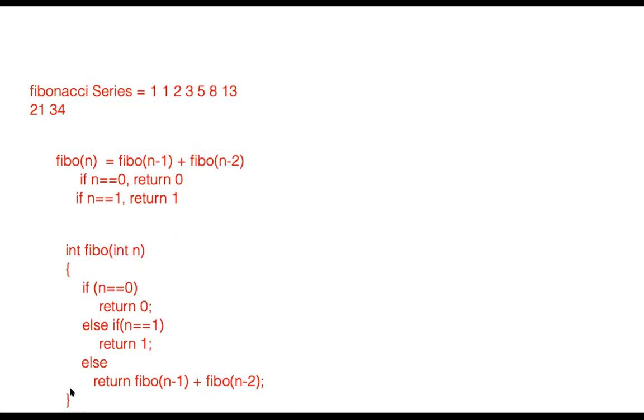Okay. So is this Fibo of n minus 1 calculating the index values of the series? No. Actually, the Fibo function is not printing the series. It is giving only the Fibonacci number for a given position. Suppose I want the fifth number in your Fibonacci series, so I call Fibo of 5. It should return 5. If I call Fibo of 6, it should return 8. If I call Fibo of 7, it should return 13. Like that.